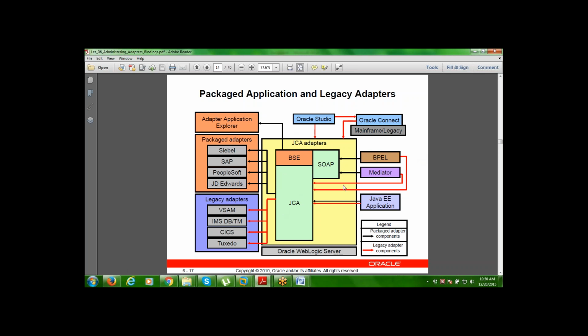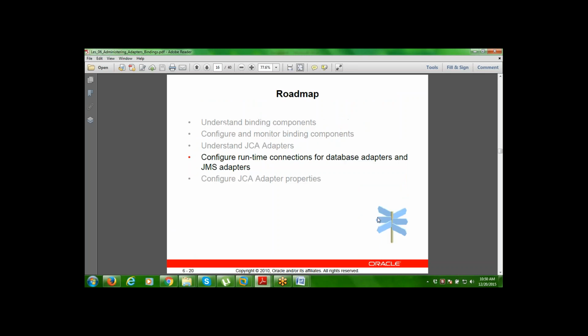After you create them, you will be able to integrate with BPEL, mediator and J2EE applications, the packaged adapter components or legacy components. So let's see how you can configure the database adapters